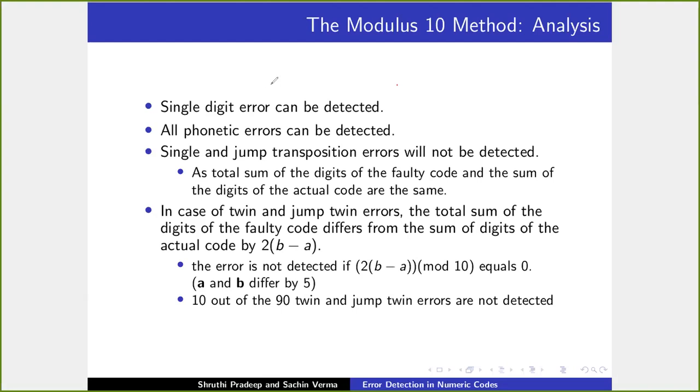Come up now, Shiva. Why can twin errors not be detected? Give an example. In the single digit case, only one digit changed, and using modulo 10 the result is not coming 0 at the end. Correct. In a similar way, if we change 2 digits, maybe the sum will again give us 0.